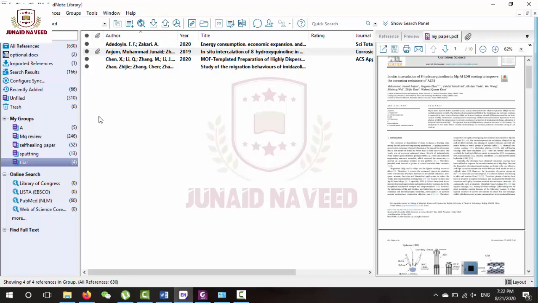Mostly undergraduate students do not know about this software, how to use it. And if you are in your final semester, you must know how to use this software, because you will write a thesis and you will need to add the citations in your thesis. And if you do not know how to use this software, you will spend a lot of time just adjusting the references. So I hope you will understand this software very well, and you will use it in your article